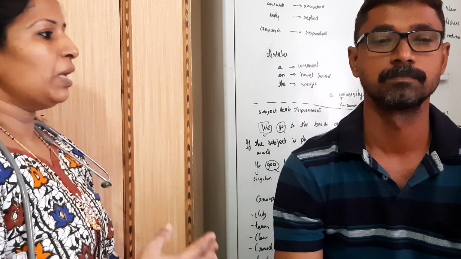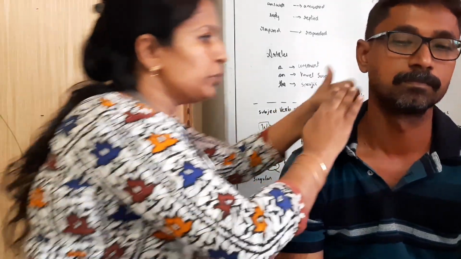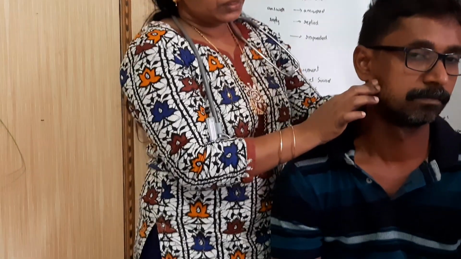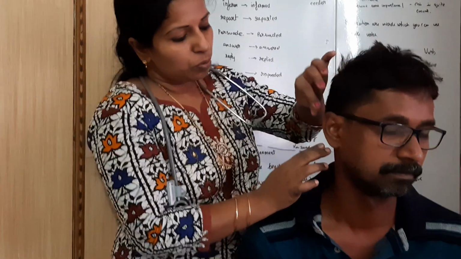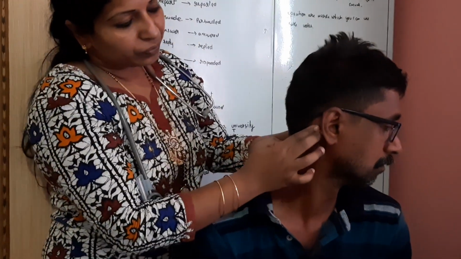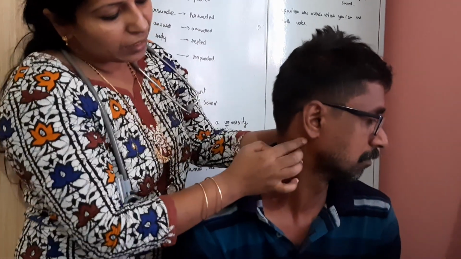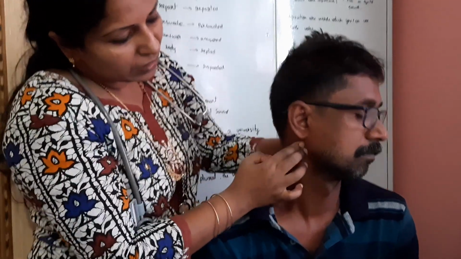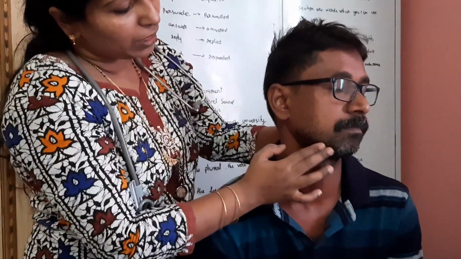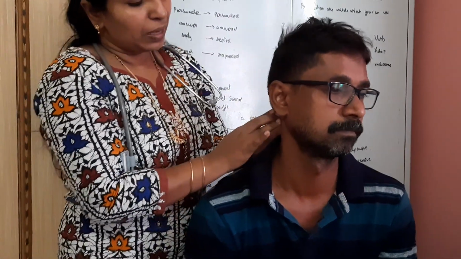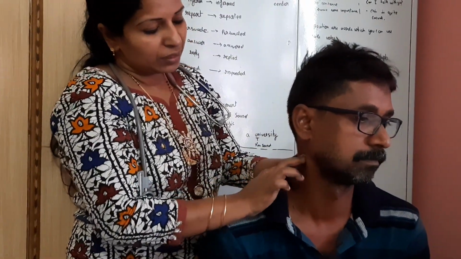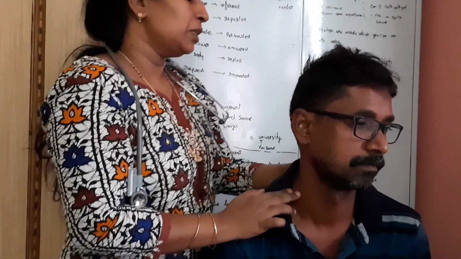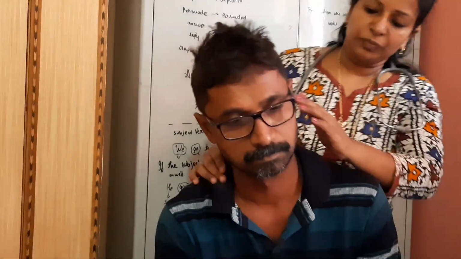And further you have to palpate the lymph nodes. When palpating the lymph nodes, you have to palpate the pre-auricular area, that means in front of the ear, and the post-auricular region, behind the ear, and the digastric region. In the mandibular region you have to palpate the lymph nodes, and superficial and deep in the cervical region. This is to be repeated on both sides.